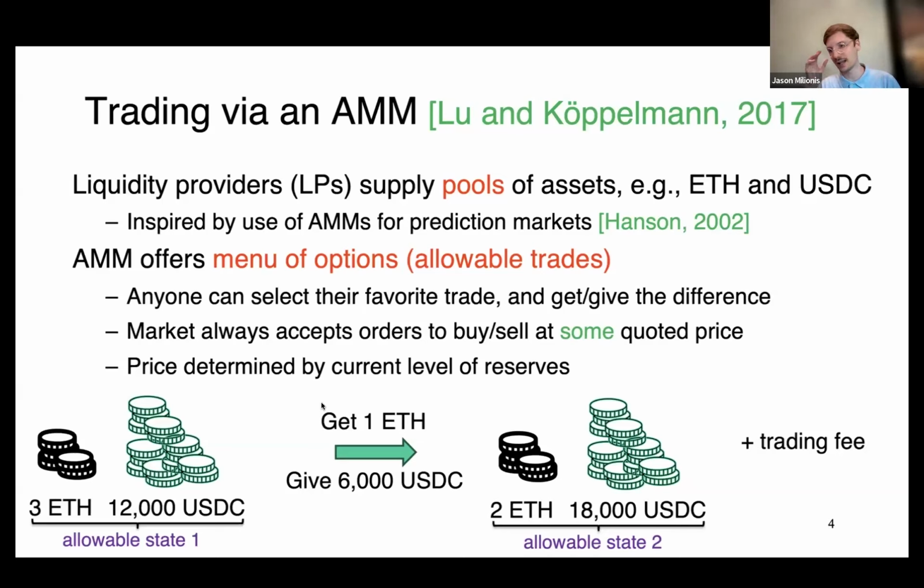And let me focus now on what you actually need to store for this AMM to work. The only thing that you actually need to store is the current level of reserves, right? So regardless of how many trades have been performed in the market, the only thing that you need to store is the current state. So for example, 2 Ethereum and 18,000 USDC. So it's a very economical market structure, but regardless of how many trades you have, you only need to store basically 1 or 2 numbers.